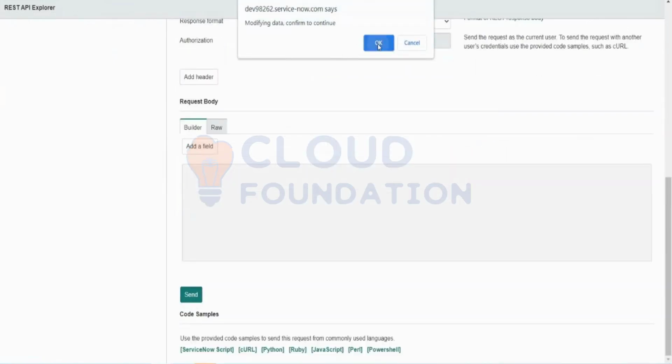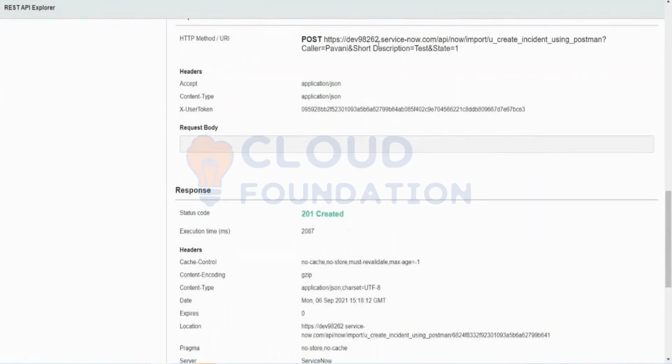Do you know the HTTP status codes like 200, 201, 400? 401 means it's the error that you remember, like page not found. All of those things. Likewise, 200 will have some code. So these are the status codes.